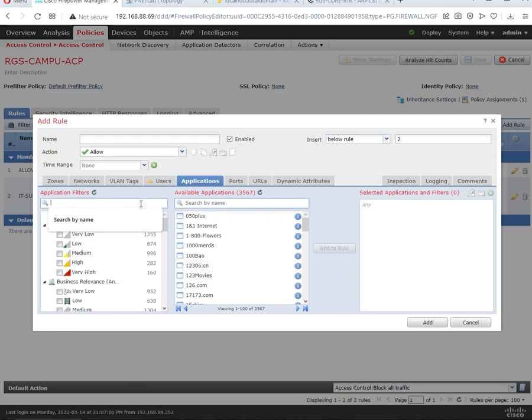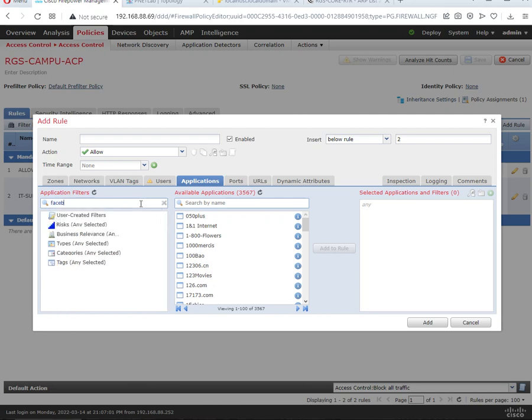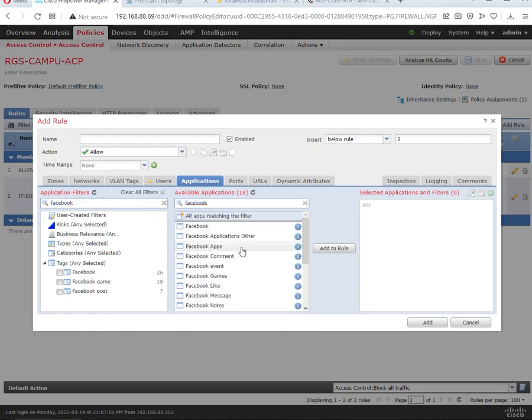Means if I want to block Facebook, I have multiple options against Facebook. I can block Facebook apps, Facebook comments, events, games, likes, chats, videos, VoIP, or any kind of sub part of the application. So this is how you can control